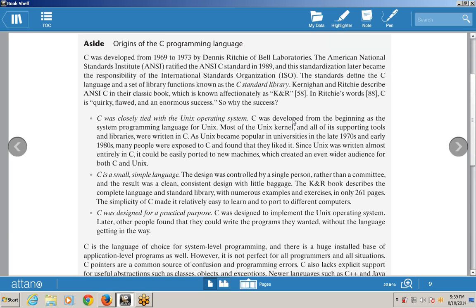C was developed from the beginning as the system programming language for Unix. This means the Unix operating system is also built using the C language. Most of the Unix kernel and all of its supporting tools and libraries were written in C. As Unix became popular in universities in the late 1970s and early 1980s, many people were exposed to C and found that they liked it. Since Unix was written almost entirely in C, not exactly but almost, that is 99%,